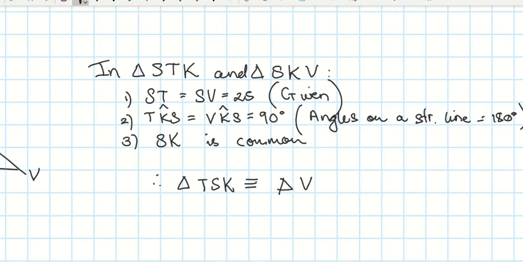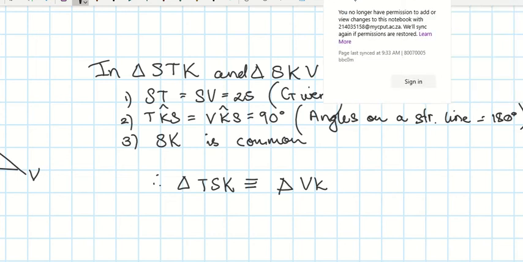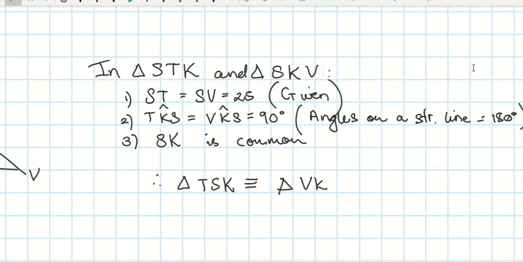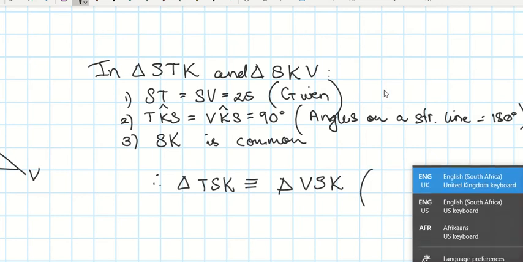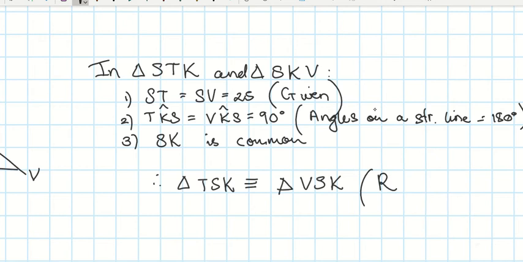So we start with V, and then K, and then S. No, VSK. Sorry. So it's V, and then S, and then K. And what is my reason here? RHS, and then